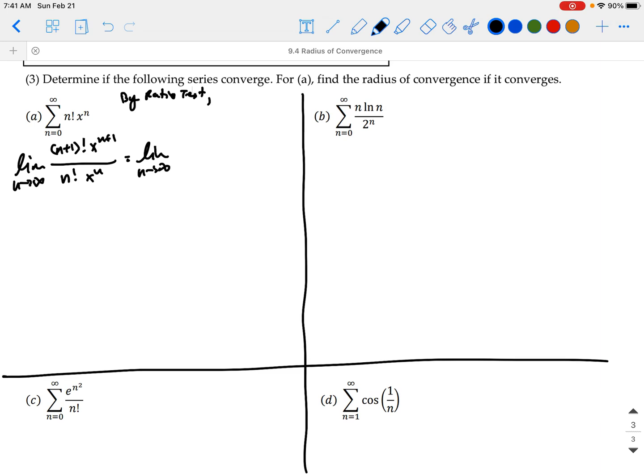n plus 1 factorial is equal to n plus 1 times n factorial, since it's just subtracting one integer down each term. So we'll get some nice cancellation here, and we'll just have an n plus 1. And then the x to the n is going to cancel and leave us with just an x. So we're going to have n plus 1 times x. So now if we take the limit as n goes to infinity, n plus 1 is going to go